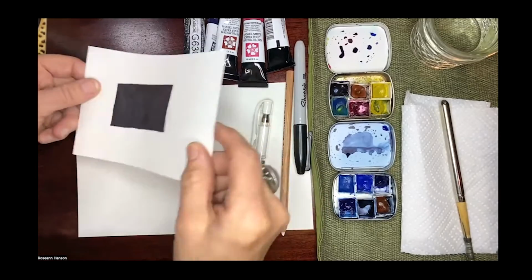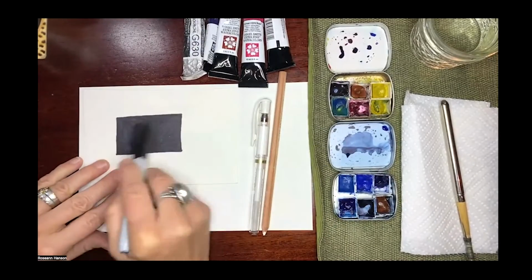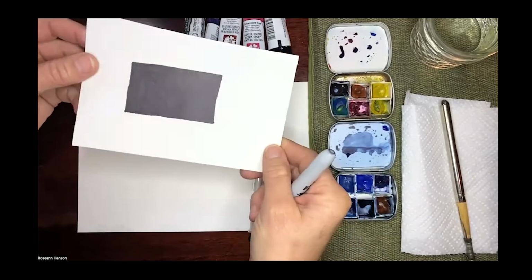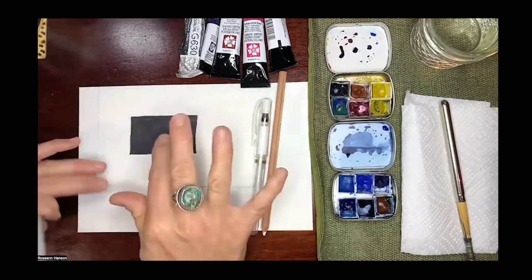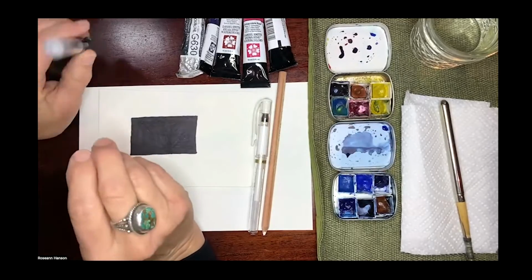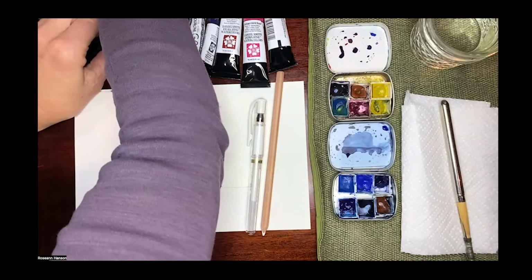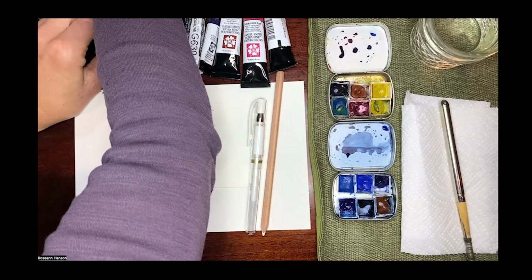Here's what a Sharpie square looks like. And yes, you end up with, it's textury. It's really hard to get a super smooth black, but why not? You could try also using black paint, but